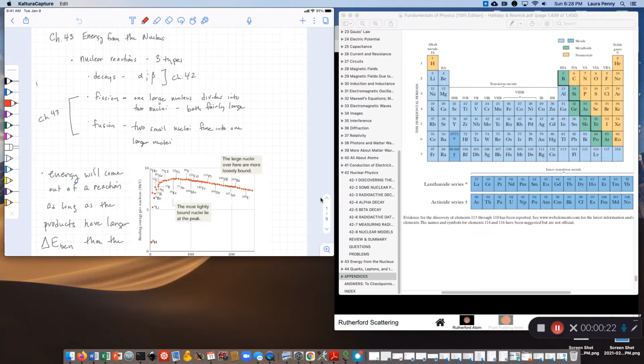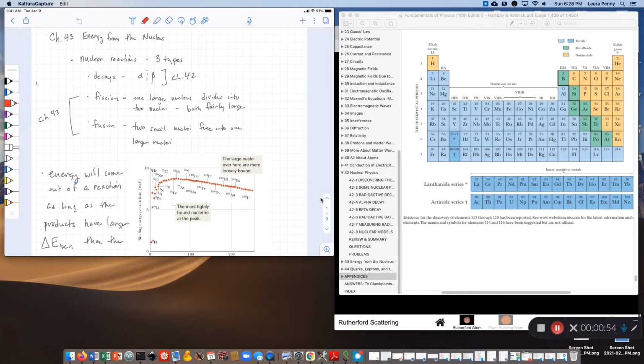There are the decays that we just did in chapter 42. It's really not a reaction when a gamma comes out, because all you're doing is having a nucleus that essentially goes from an excited state to a less excited state. It's really a nuclear reaction in an alpha or a beta, because you're actually taking one nucleus and you're turning it into a different atomic species after, right? There's actually something that's changed about the species of the nucleus.